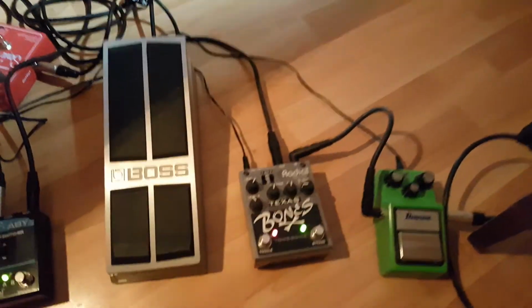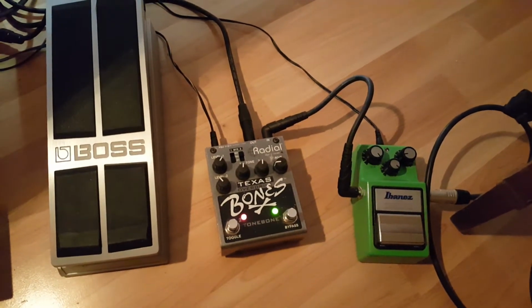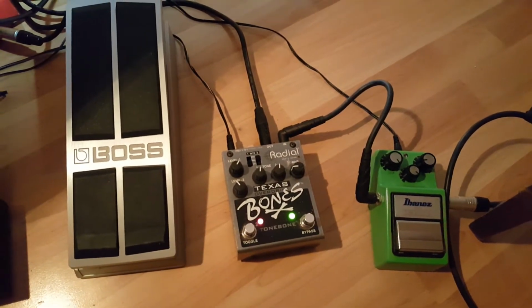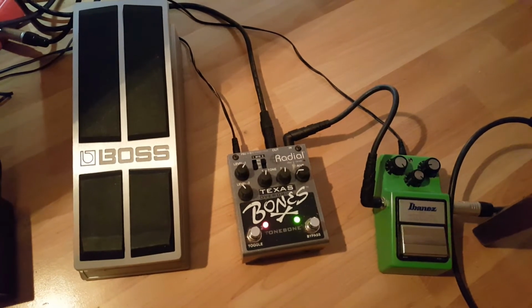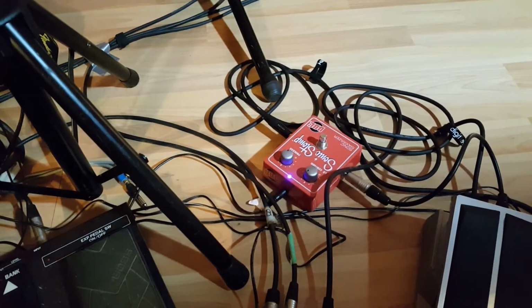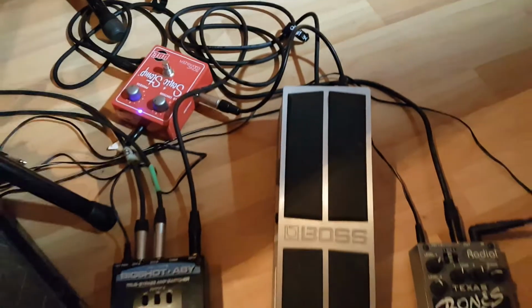Okay, so I'm coming out of my guitar. I'm going to my pedals now. So I'm going in from the guitar, I'm going into an Ibanez Tube Screamer, which is an overdrive. And then I'm going into the Texas Bones overdrive. Okay, and then I'm going into a Sonic Maximizer stomp switch. Then I'm going into my